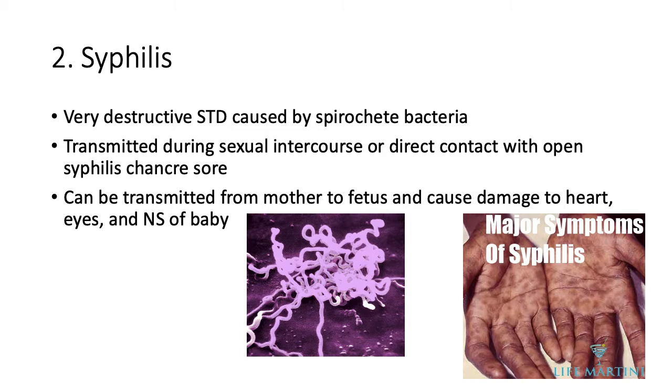And then it's marked by a rash or a sore throat in the mouth. And then the person goes into a latent period where they don't have any symptoms. It could last for several years, but the bacteria inside of them is still present. And the damage done by the bacteria is pretty evident. It can cause heart disease, mental deficiency, nerve damage, and loss of motor functions or blindness.